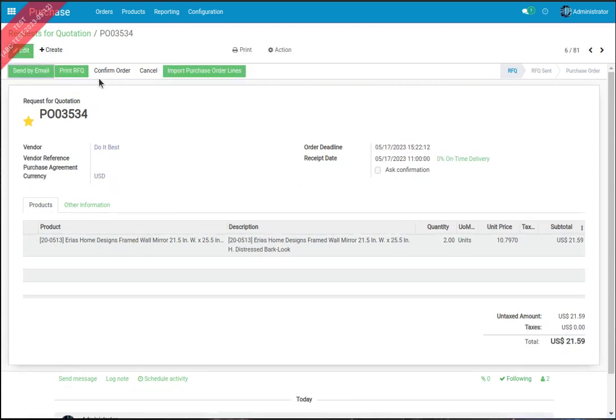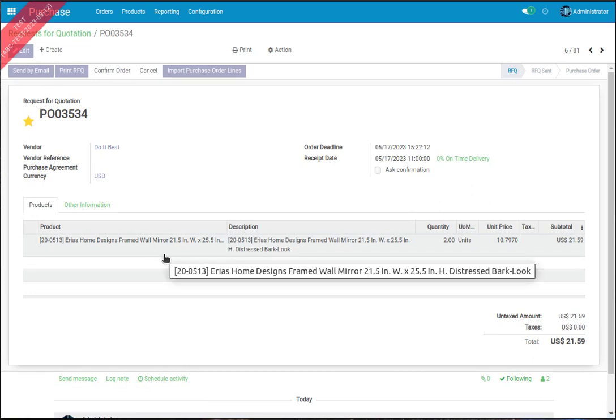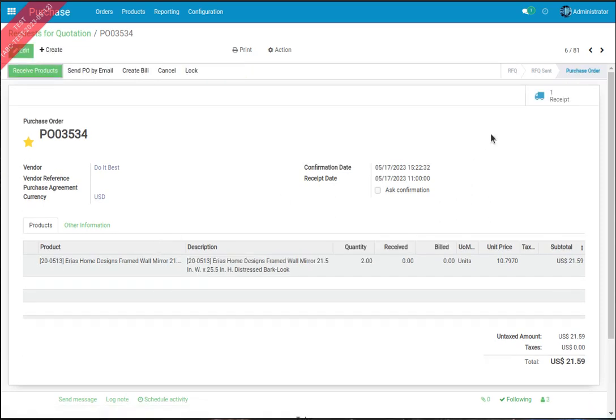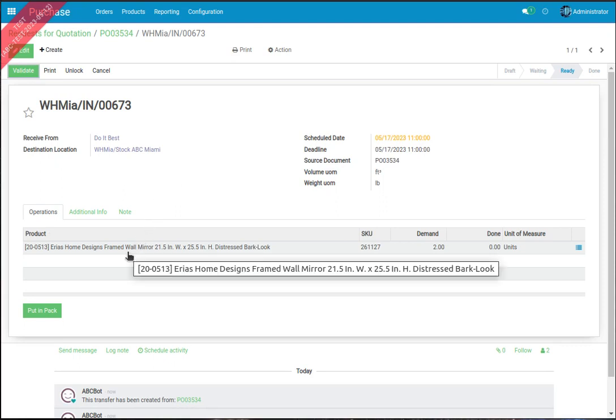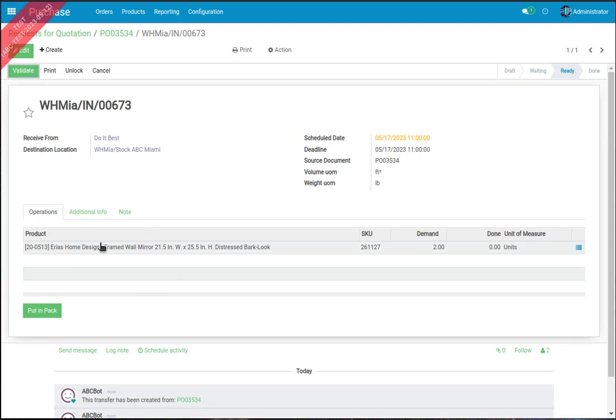And now I'm going to confirm this order to create a receiving in Miami. All right, we have the receiving, and here the order contains only one product. So we have two options: put this into a package and the package will contain only one product, or receive it just like this. As we are tracking packages in Miami, it's easier for Jordana and the persons that are